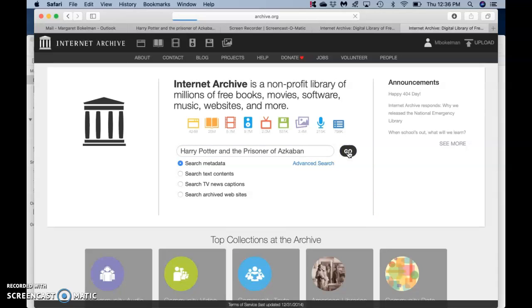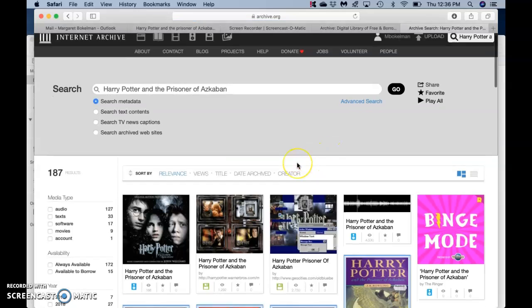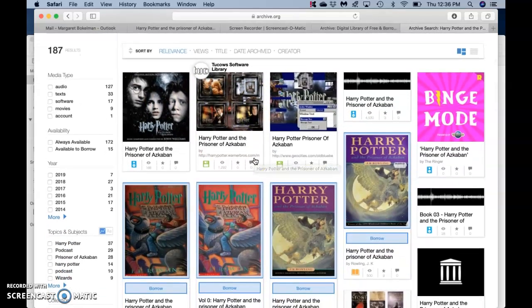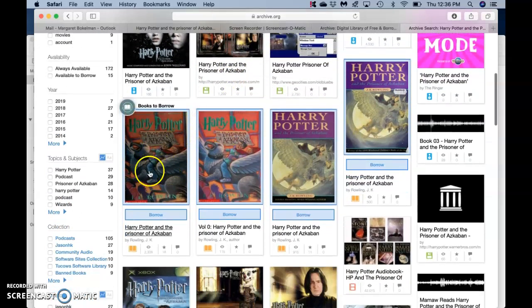Hit go. The thing that will happen is that a lot of things are going to come up. You do not want the first thing that comes up here. I'm not even sure what that is. What you want is this copy right here, this particular copy. Some of these other copies will not work. If you pull one of them up, you will quickly see they won't work though, and you can come back